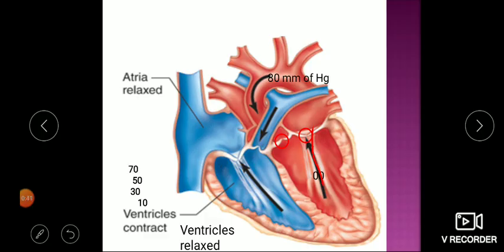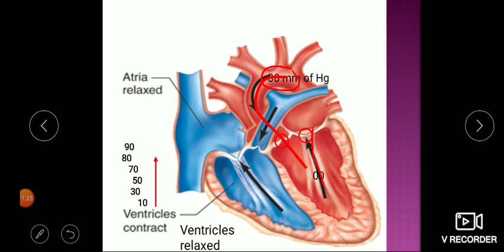More contraction, pressure becomes 70. Pressure becomes 80. So now both are equal. This pressure is 80, here pressure is also 80. But still the semilunar valves are not open. So this is the phase in which the ventricle is contracting as a closed chamber. AV valves are closed immediately when the contraction begins. But this valve is not yet open as the pressure inside the aorta is more than the ventricle. So the ventricle is contracting as a closed chamber. Now with further contraction, pressure is 90, this valve gets open.